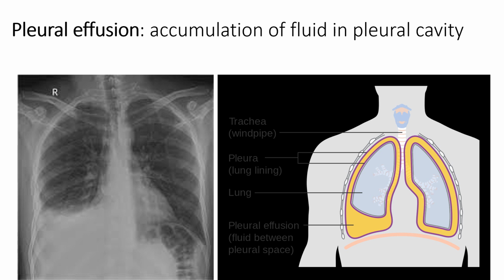So here we have certain pictures of X-rays also, where we can see how it looks when there is accumulation of fluid in the pleural cavity, that is pleural effusion. As we can see, it gives a radio opaque shadow, and the pleural space increases, and because of the fluid inside, a radio opaque shadow can be seen, while the radiolucent shadow is decreased as compared to the normal side.